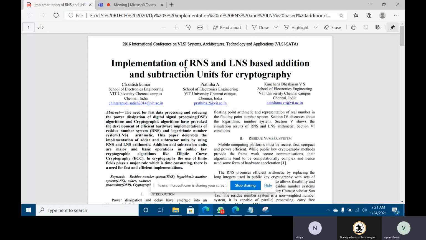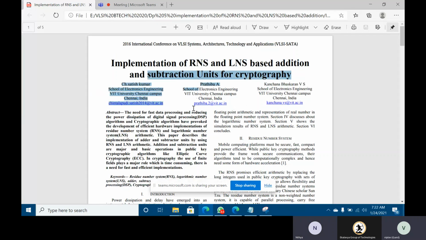One thing I will let you know. The first is RNS, the next is LNS. These types of number systems are used in cryptography, because the output of these number systems can't be reverted back to the input very easily. Whenever this happens, those types of applications can use these in cryptography. Here we are just studying RNS addition and subtraction.